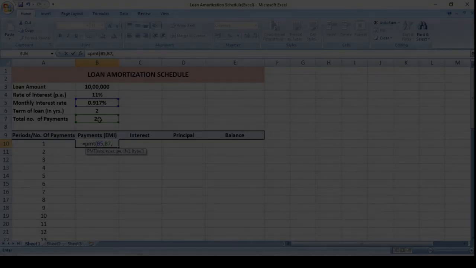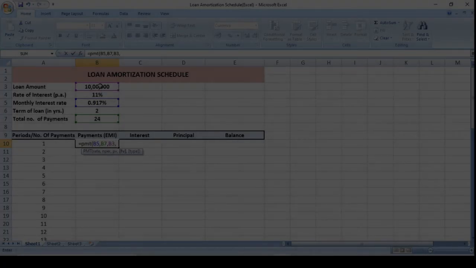The present value of the loan, in this case when we take the loan, the amount that we will be having at present will be the amount that we will receive, and this is the amount of the loan. The future value, here the future value is the amount that will be there at the end of the term of the loan. As we are talking about the repayment of a loan, at the end of the term of the loan there will be no amount unpaid, so the future value will be 0 in that case.